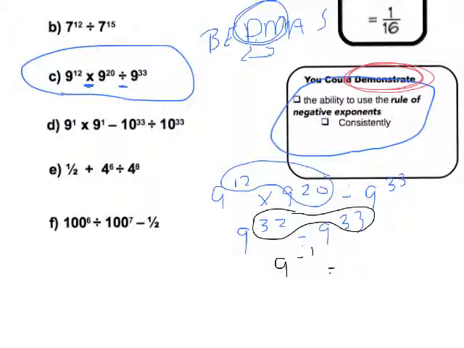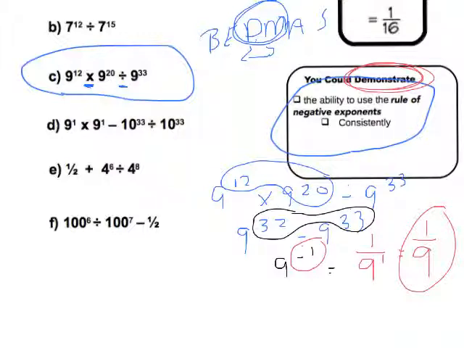And the negative rule says anytime you have a negative exponent, you will make a fraction where the power drops the negative and goes to the bottom of the fraction, and your answer is 1 over 9. Now again, I could leave it as 1 over 9 to the power of 1, but that's not really a standard answer. No one really leaves things in powers of 1, so you'd want to drop that power. Again, you're going to be doing that